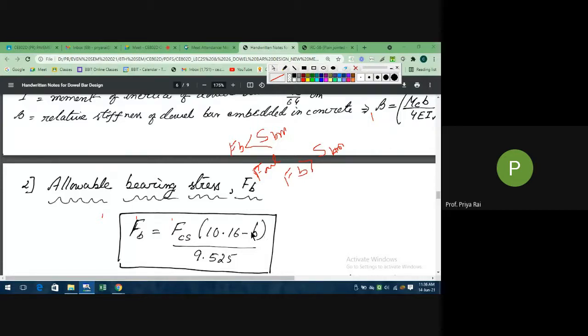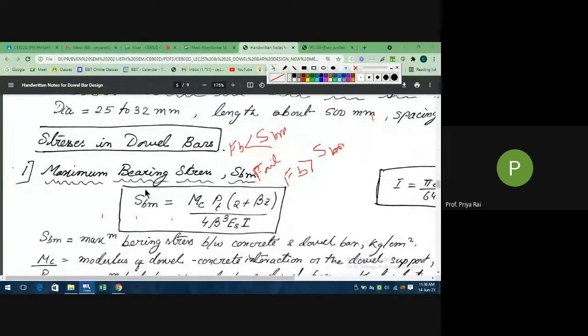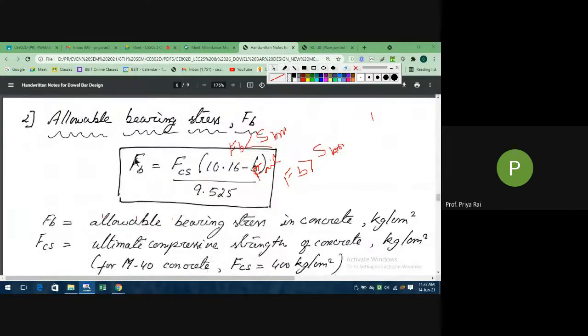That means if we increase this thing, your FB will be more reduced, it will be decreasing, right? So we cannot increase this dia in this case, okay, we cannot increase the diameter. So what we have to do now is reduce this SBM. You cannot do anything with this FB. Okay, it is fixed, we cannot change this FB.